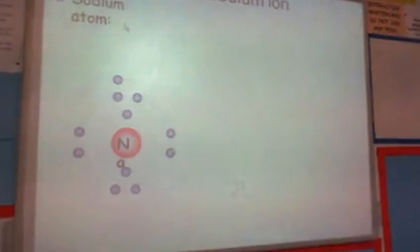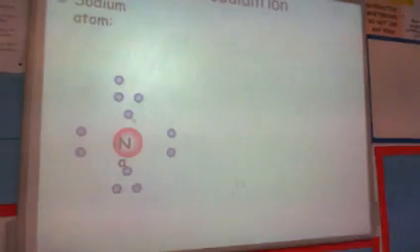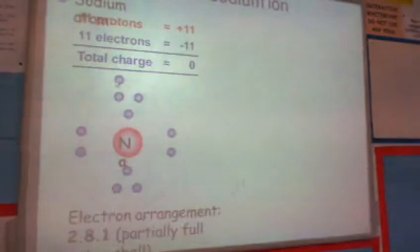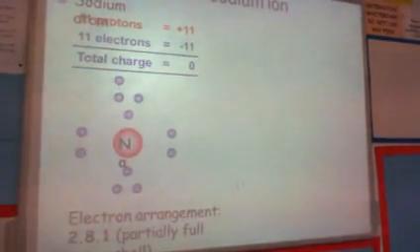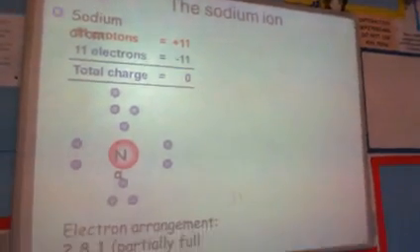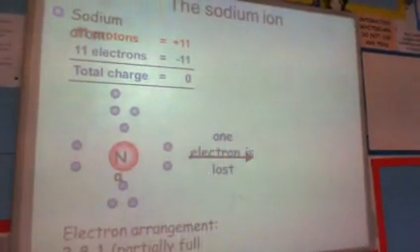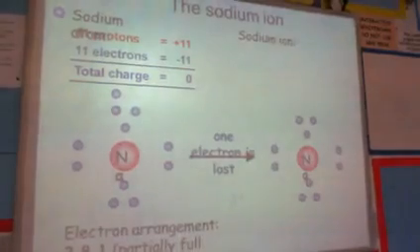So here we have a sodium atom, 2,8,1, so it's in group 1, with 1 electron in the outer shell. It's got the same number of protons as it does electrons. So at the moment it's got a charge of 0. So there's the electron arrangement 2,8,1 at the bottom as well. You then lose an electron